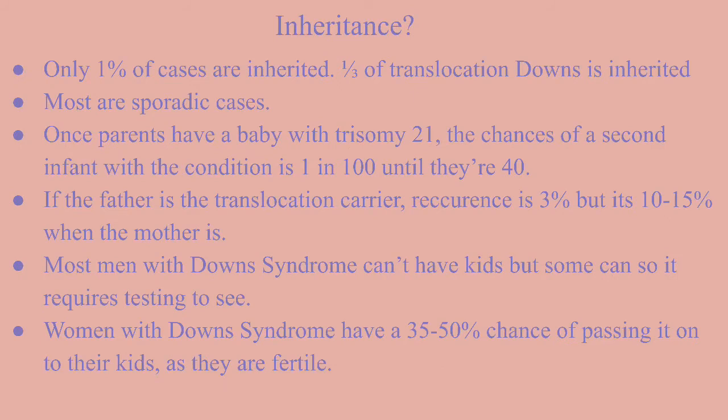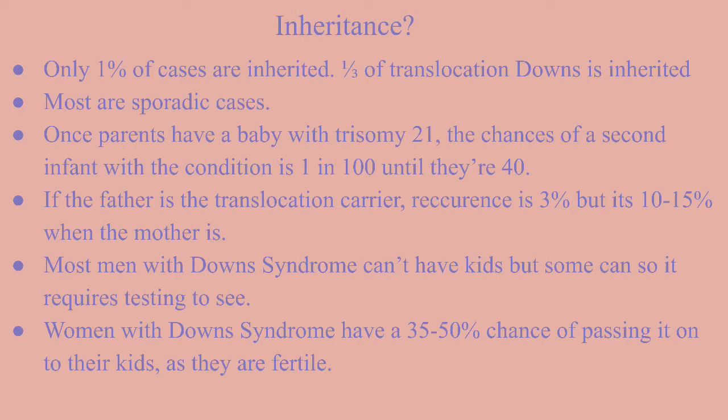In inheritance, only 1% of cases are inherited. A third of translocation Down syndrome is inherited, but most are sporadic, as a lot of genetic illnesses are, where the parents aren't carriers, they don't have a family history, and still they end up having a child with a genetic